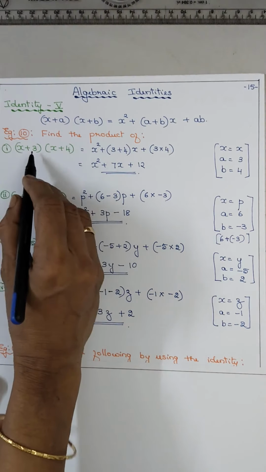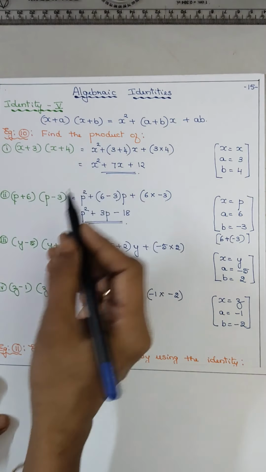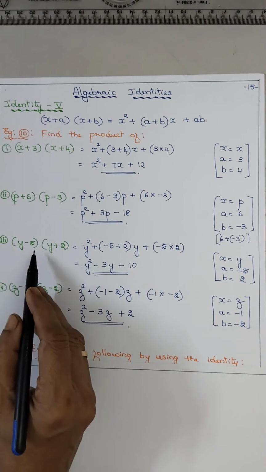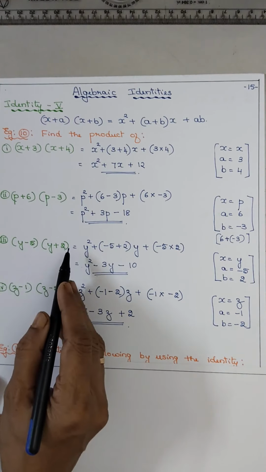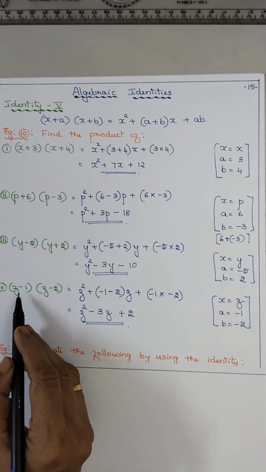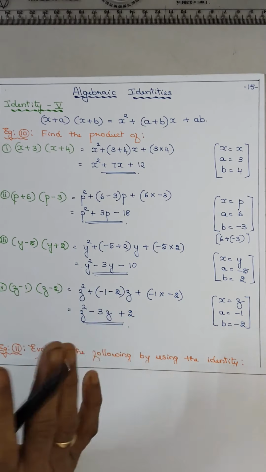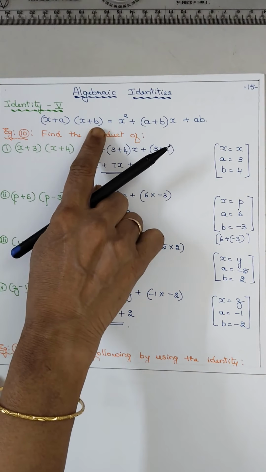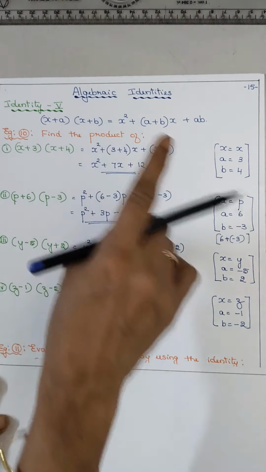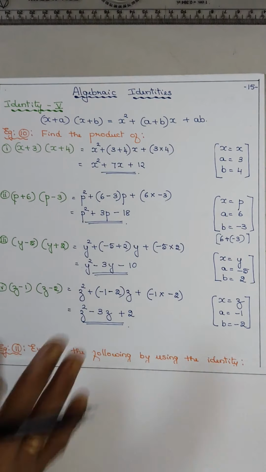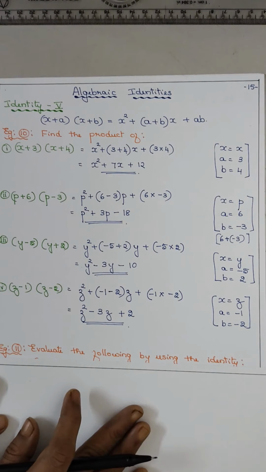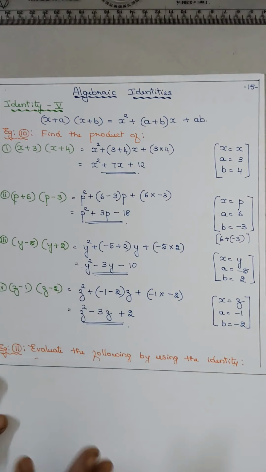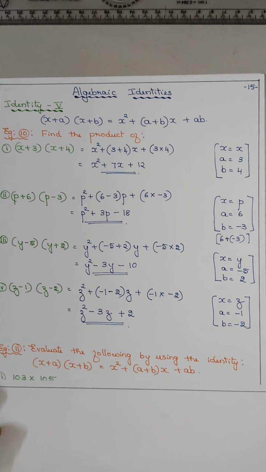Here both are positive, a and b. Here a is positive, b is negative. Here a is negative, b is positive. And in the fourth, both a and b are negative. So remember only one like this with the plus sign and put the values. If it is minus, put minus. Okay. And further the same. So write this on the side and keep putting the values and solving.